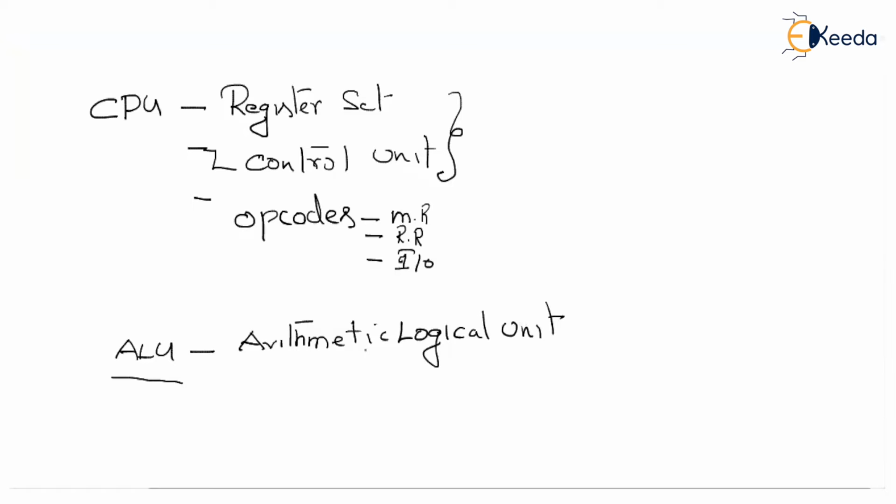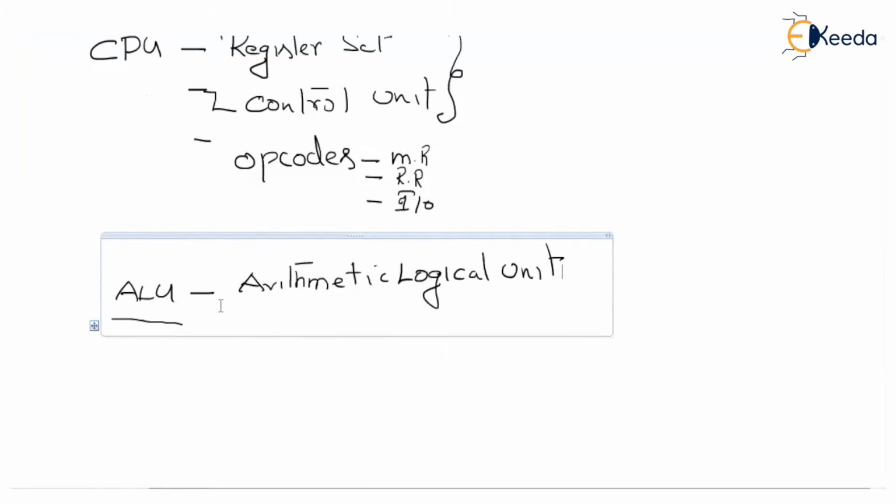It is going to perform all the arithmetic operations and all the logical operations. Now we need to design the unit which can perform all the arithmetic operations as well as all the logical operations. So before we design this, we need to understand what are the different arithmetic operations and